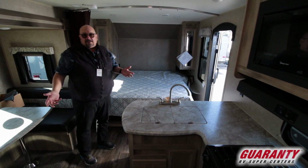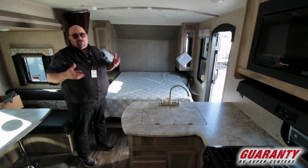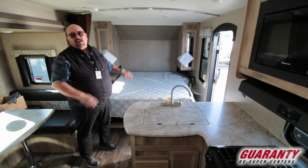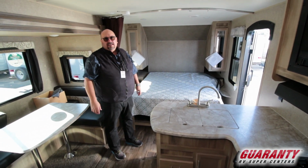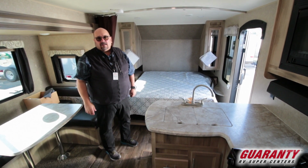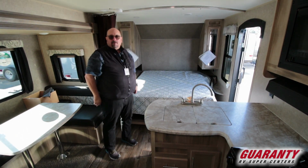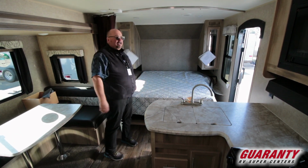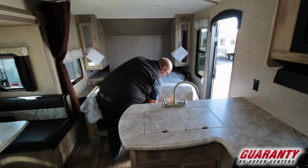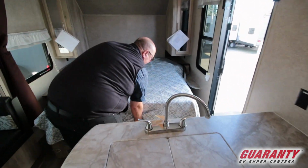And this is one of the little surprises. Maybe you're out and it's at the coast and it's blowing, rain is going sideways and it's cold outside and you're uncomfortable and you decide, we just want to be in the trailer for a while. Well, someone could be taking a nap over there, they could be playing games here, and if you want to do this, you can just lift this bed up